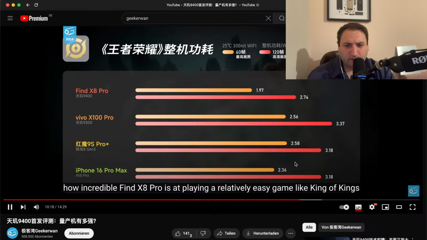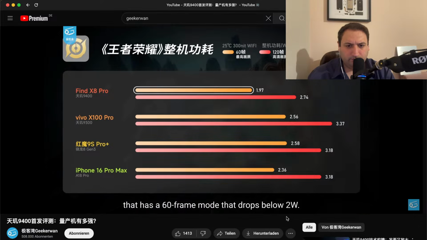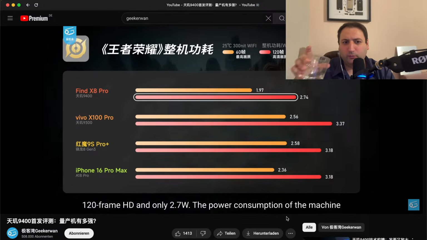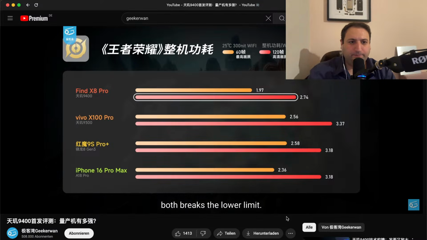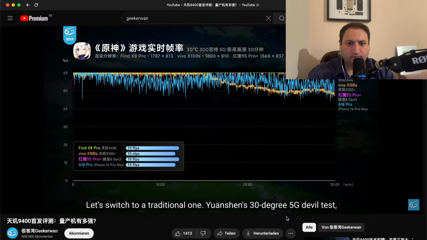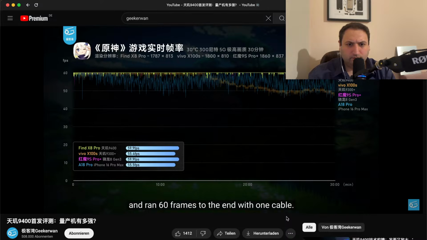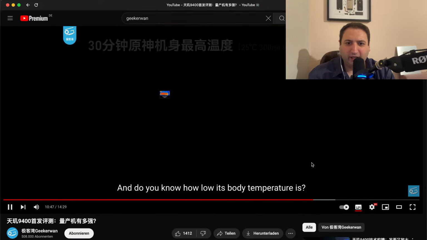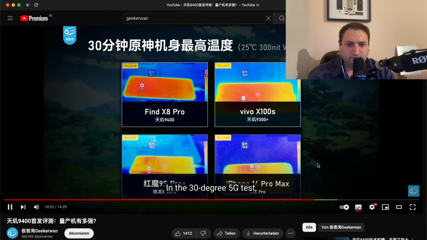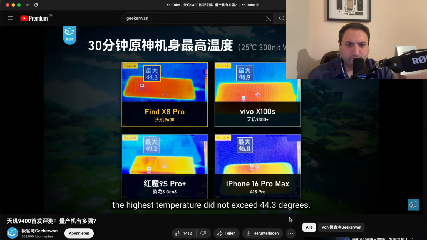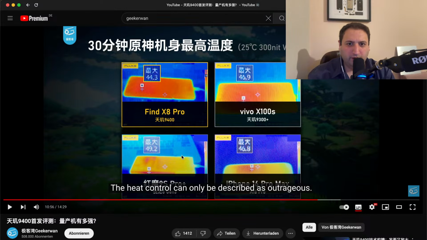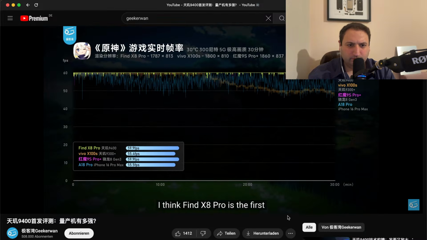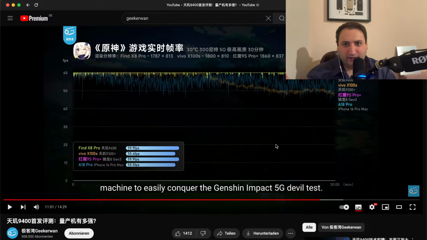跑王者这种比较轻松的游戏有多逆天吗？它是我们测过的首台王者60帧模式整机跌破2瓦的机器，哇，这算是一个里程碑了。 Wow, 20% more efficient than the iPhone. 120帧高帧率也只有2.7瓦的整机功耗，双双突破下限了。这个难度太低了，我们换一个传统高难度项啊，原神的30度5G 魔鬼测试，813P 最高画质下。Find X8 Pro 直接一根线顶满60帧跑到底，而且你知道它的机身温度有多低吗？30度5G 测试啊，最高没有超过44.3度啊！这个发热控制真的是只能用 definitely a lot better here than the Snapdragon 8 Gen 3, and even better than the iPhone. 离谱来形容了。我觉得这 Find X8 Pro 是真正第一台轻松